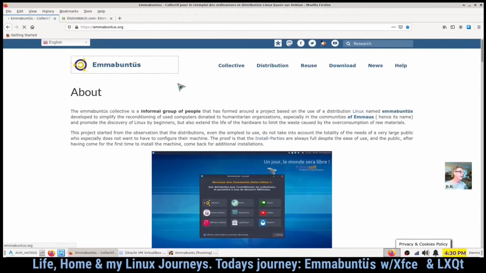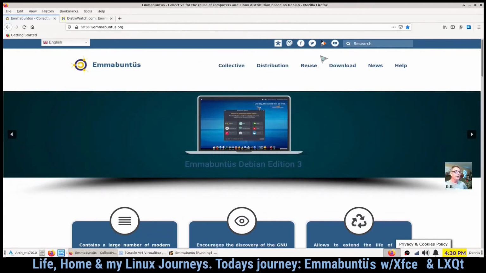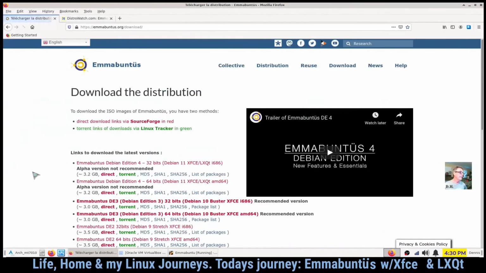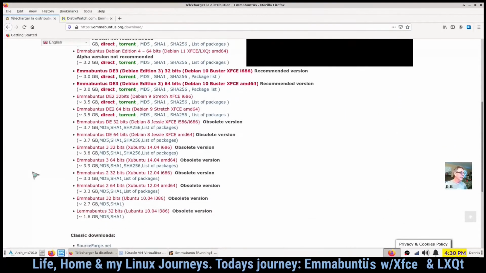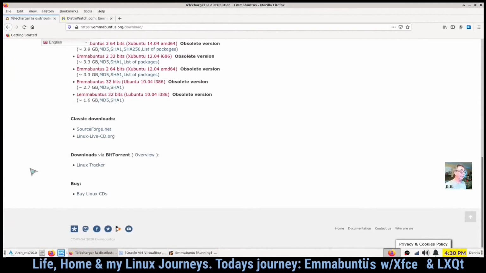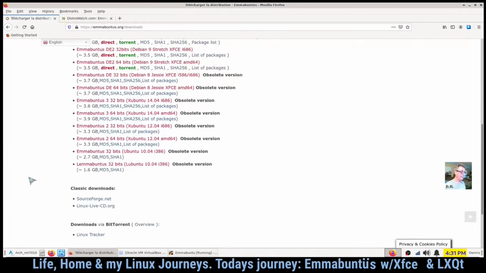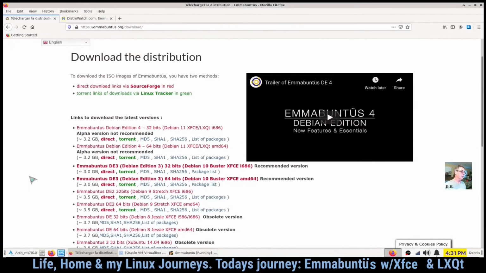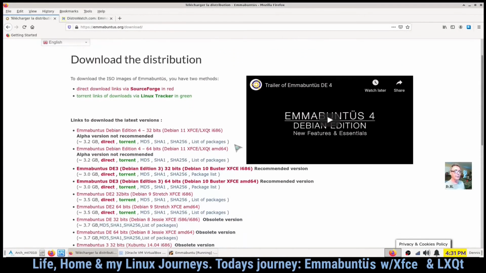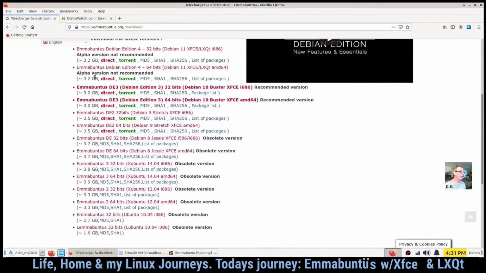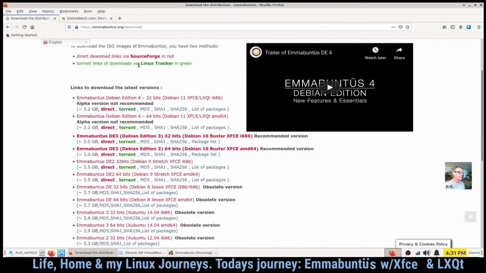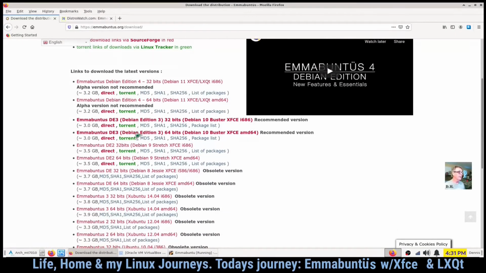So anyway, you come to Emmabuntu.org, browse through here, and you can look at their download distribution. Now they also sell, I say sell, but if you read it, they're basically charging you exactly what it costs, USB drives with a clone DVD version of their Emmabuntu 4, if I'm not mistaken. You can get that, but I downloaded the torrent link right here, and I got Emmabuntu